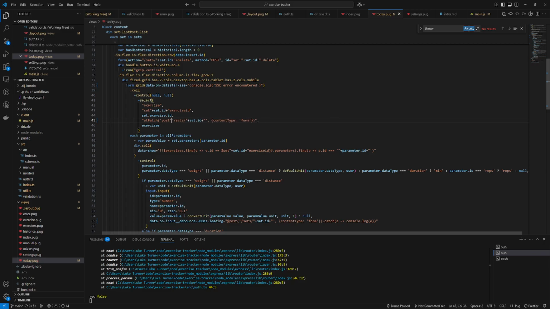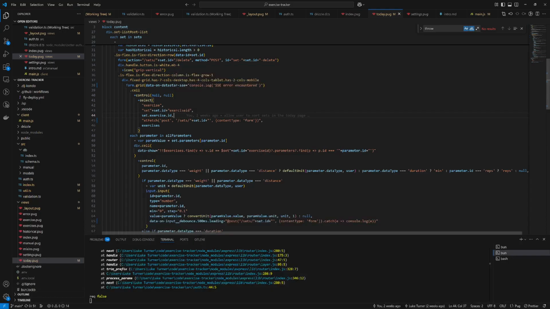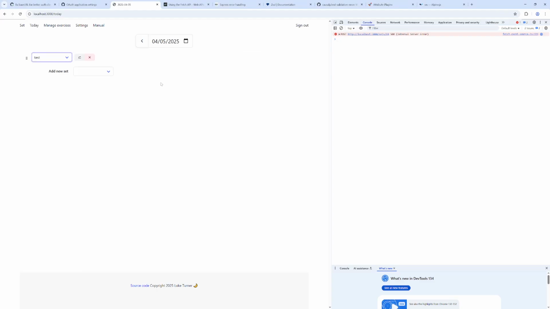So this is a post. And instead of content type form here, this is part of the problem. It's like we're going to need to rework how these are defined to explicitly pass through the signals that we want. But let's just try it with this content type form because we're testing what happens when it fails anyway. It doesn't actually have to work. 1, 2, 3, 4. So here, oh yeah, I was testing with this. So if I change that,